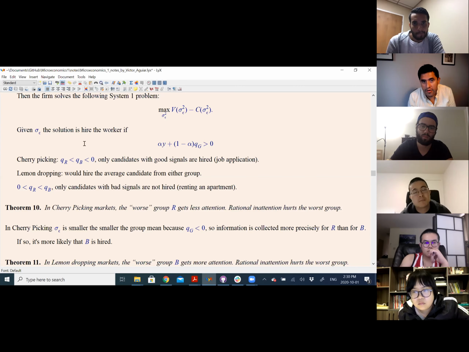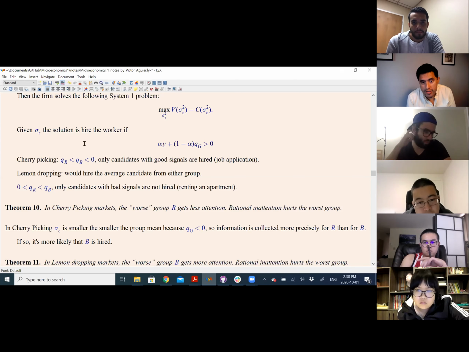This model was invented by Arrow a long time ago. And Arrow kind of said, look, as someone asked, the true distribution, in fact, of the population is such that the mean of the red people is worse than the mean of the blue people. And then Arrow said, look, so it's kind of almost natural, quote unquote natural, right? That people discriminate against red people because I am using my prior information, right? This model is very different. So it looks superficially the same, but here the precision of the information is a choice, okay? So it's not natural, right?